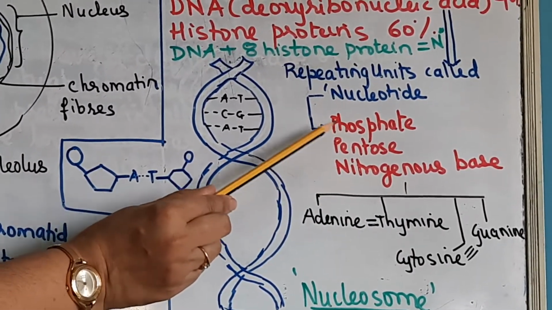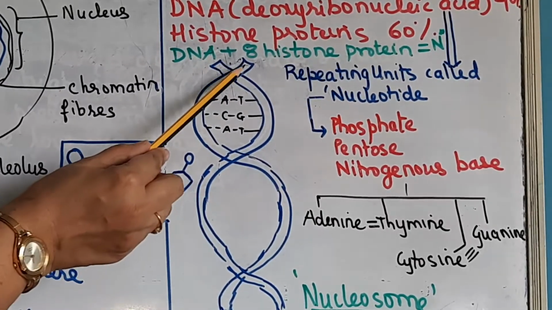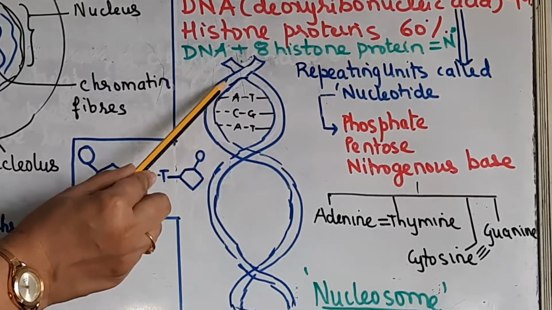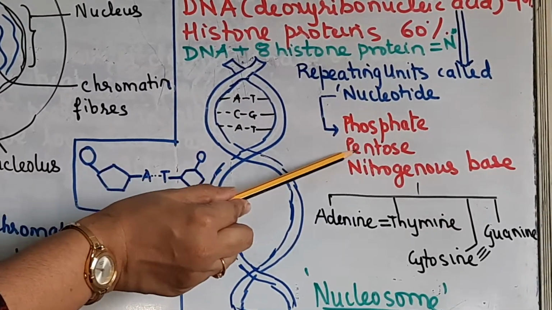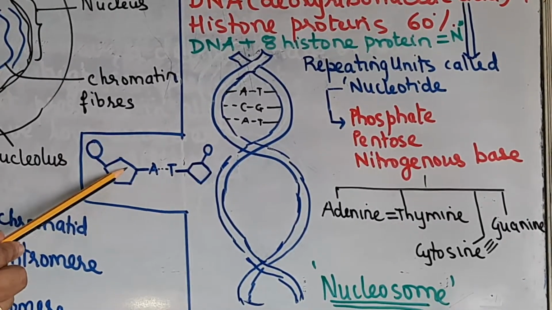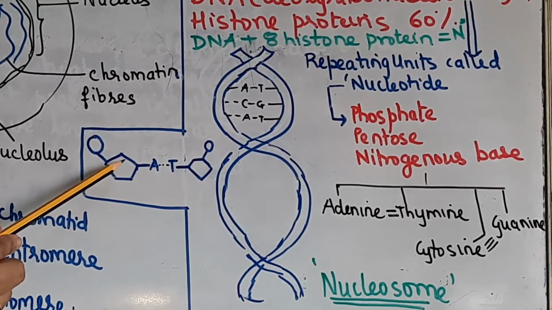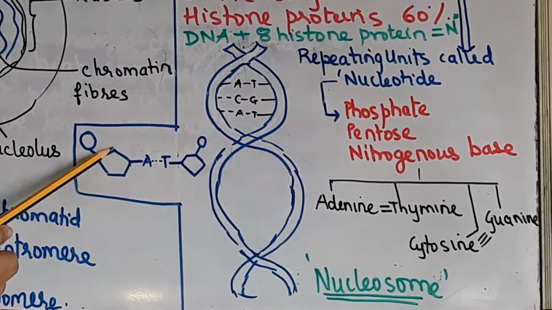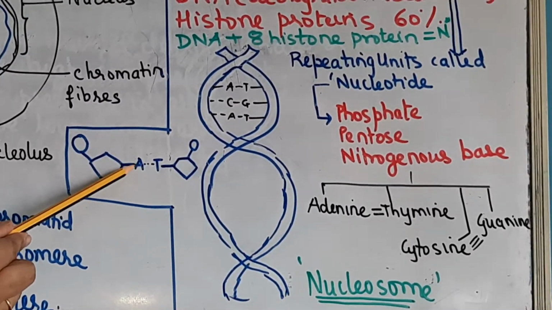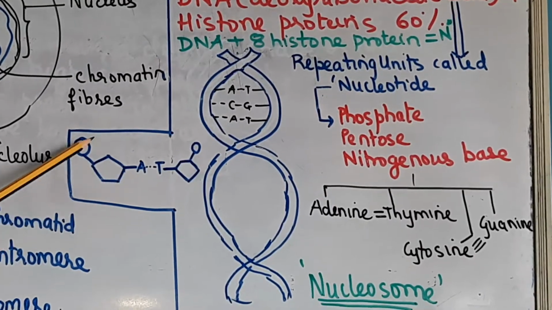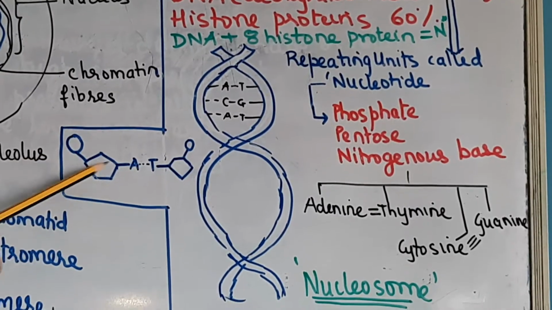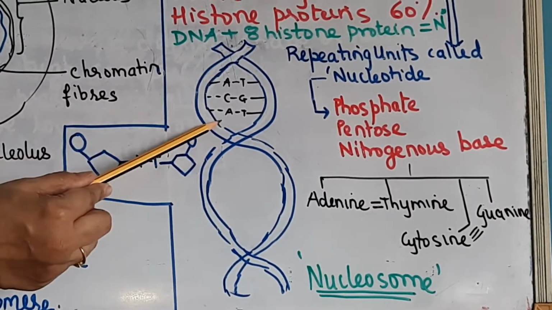So this phosphate and pentose generally occupies this portion of the strand lengthwise. If you see the diagrammatic representation of phosphate and pentose, it is shown here. This circle represents phosphate and pentose is a 5 carbon compound, so this pentagon is the pentose sugar. Attached to that will be A. A stands for adenine, which is a nitrogenous base. So this portion of phosphate, pentose and one nitrogenous base is coming from one strand. This is that strand.